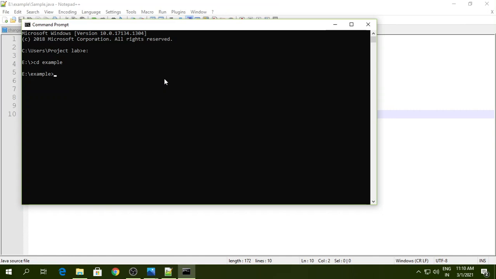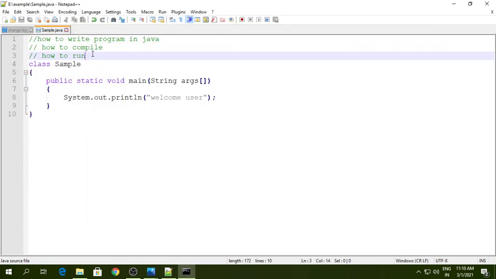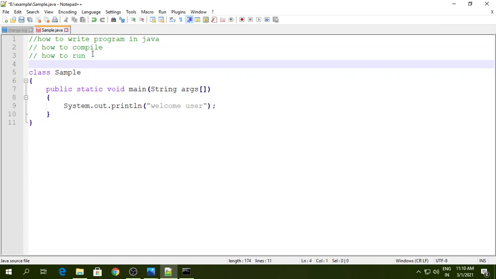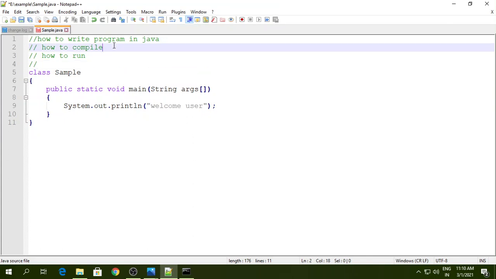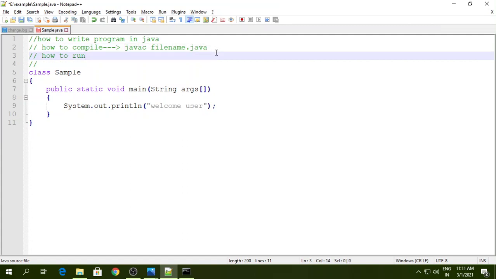Now suppose I want to compile a Java code. So how to compile a Java code? To compile the Java code, we have to use a command called javac, then the file name with extension .java. This is the command we will use to compile our Java source file. javac, Java compiler, file name .java. So in our case,